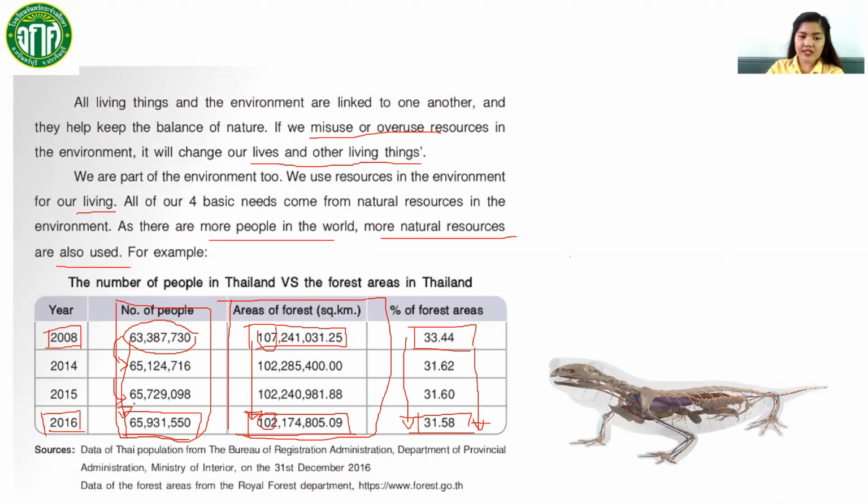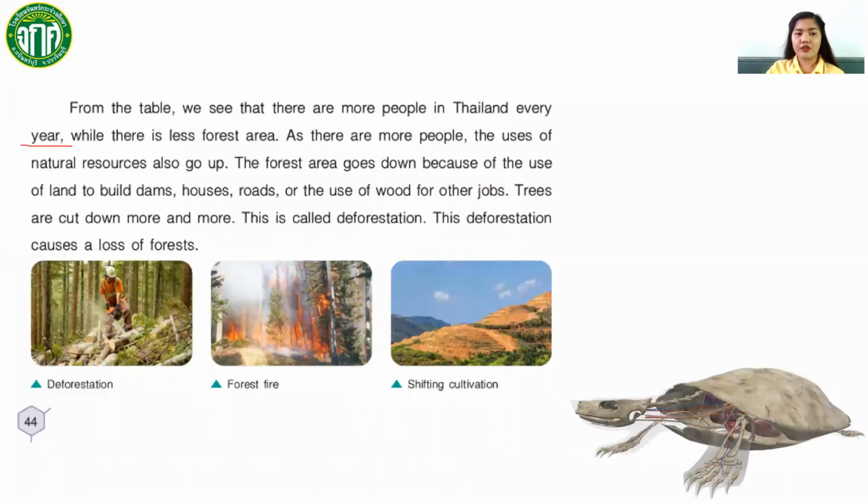In 2015 we have 65,729,098. And in 2016 we have 65,931,550. Okay, so every year the population of people is increasing. While there is less forest area, as there are more people, the use of natural resources also